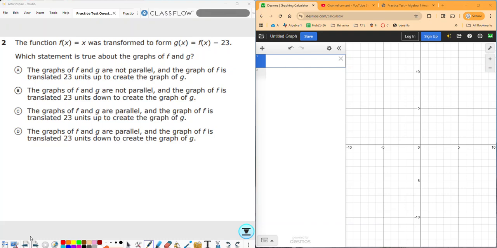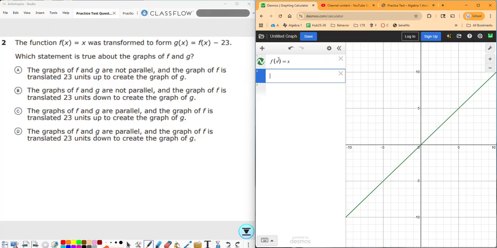the same coordinate plane. And so Desmos does a really nice job of that, and that's why we're going to use Desmos. So all we do, come over here and we enter f of x equals x. So that's f of x. So when we hit the enter key or the return key,